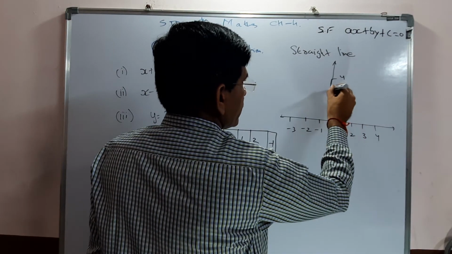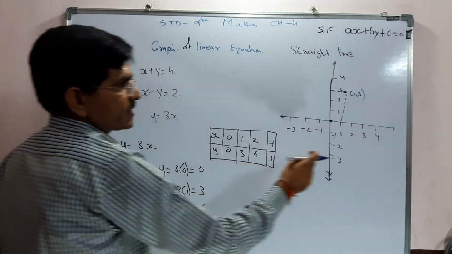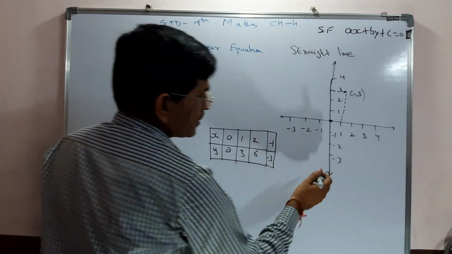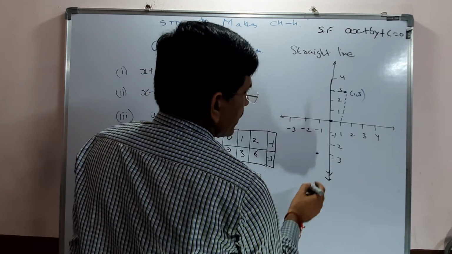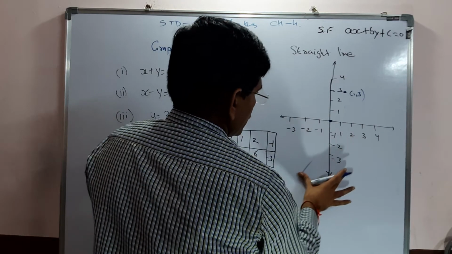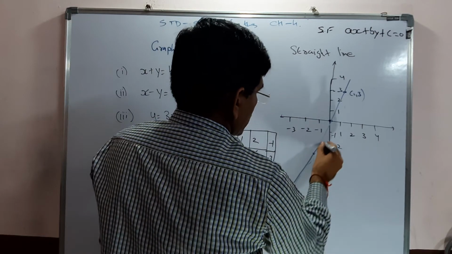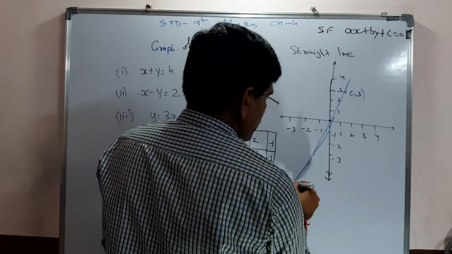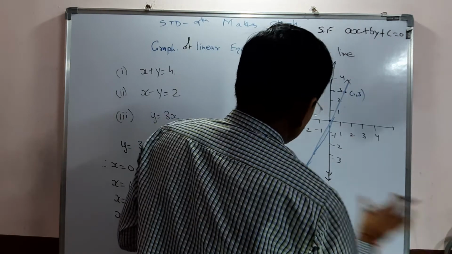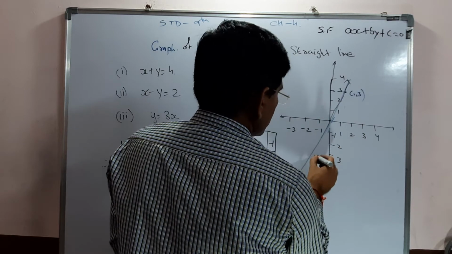Generally we have to join like that. So that is 1 comma 3. Now 2 comma 6. And minus 1, minus 3. So here we have to take minus 1, minus 3. Now if we join this, it always passes from the origin. Always remember, when we draw the graph where only x and y are given,